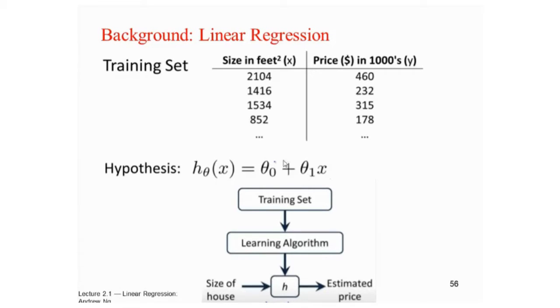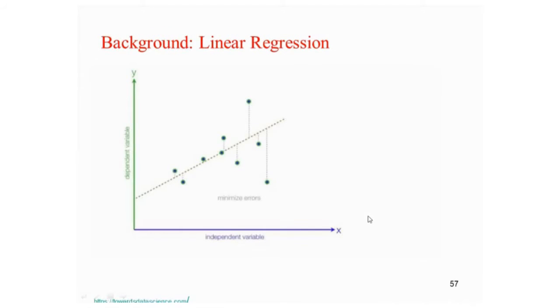Then after getting these values theta 0 and theta 1, whenever the new data point, means the size of the house, will come, and you have to predict the price for that house, then based on this hypothesis, you can predict the price for this house. Now here the output is continuous.